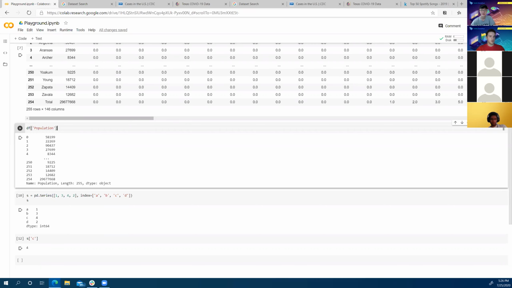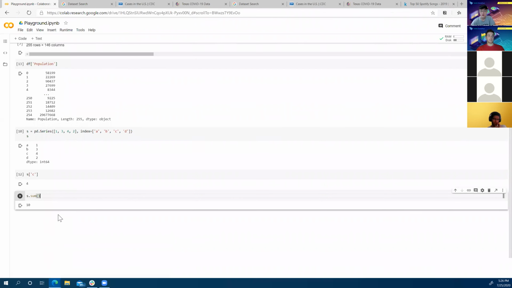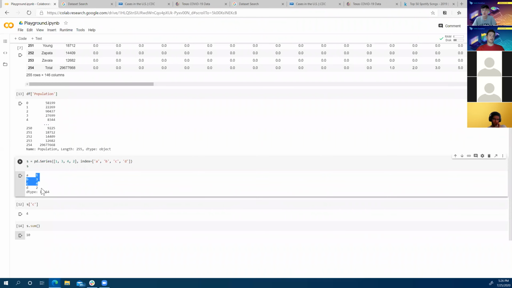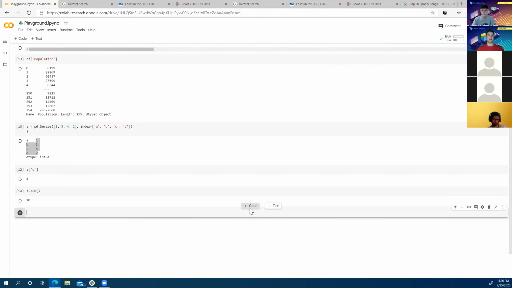Cool. All right, so we took a look at a series. There's a bunch of functions that you can perform on a series, and we'll see an example called the sum function. So if I run s.sum, it'll add up all the numbers in the series. So pretty basic. It can be helpful if you have a series of numbers. That's just an example. If you want more functions, you can always look up a bunch of aggregation type functions for a pandas series. To show you everything in pandas would be insane. So we're really just going to give you a broad overview of some of the foundational functions and things like that.